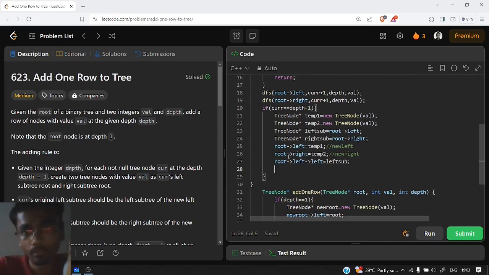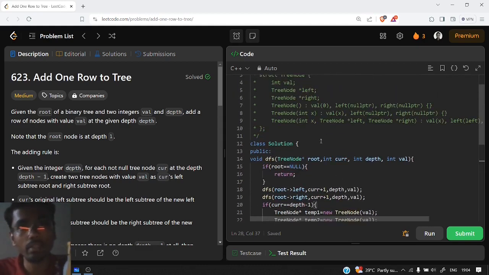Left sub. Now new right's right child will contain the right subtree. What is new right? New right is nothing but root's right. So new right's right will contain the right subtree. And we have finished everything that we need to do to add this new row to the tree.